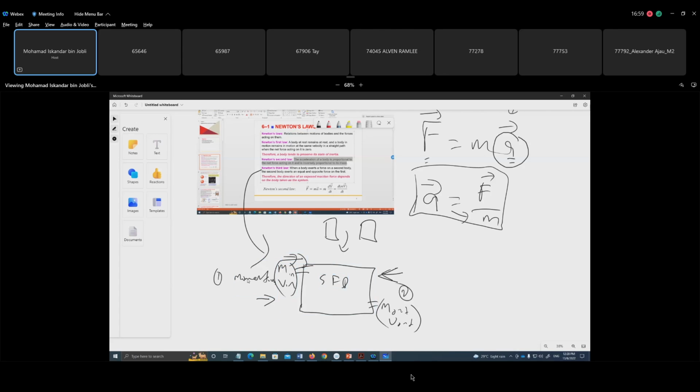When you have momentum coming in this way, you'll have another momentum acting this way as well. So if you have momentum in this way, you will have another momentum coming in this way, right? To support the two momentum. That is what is being said by the third